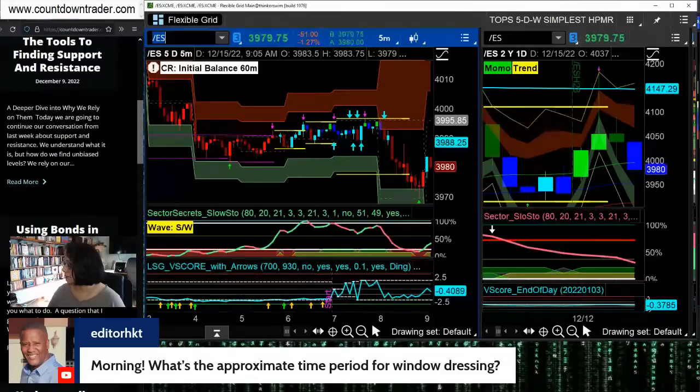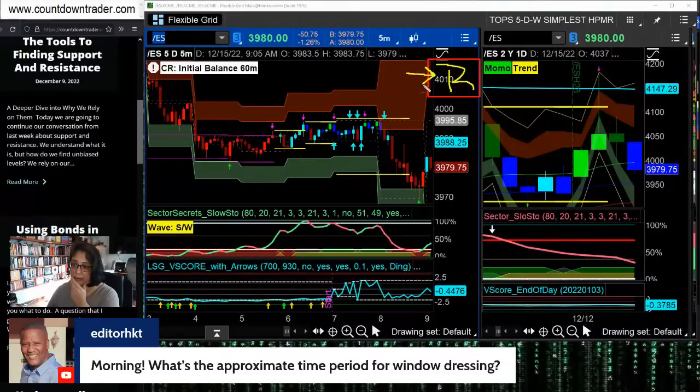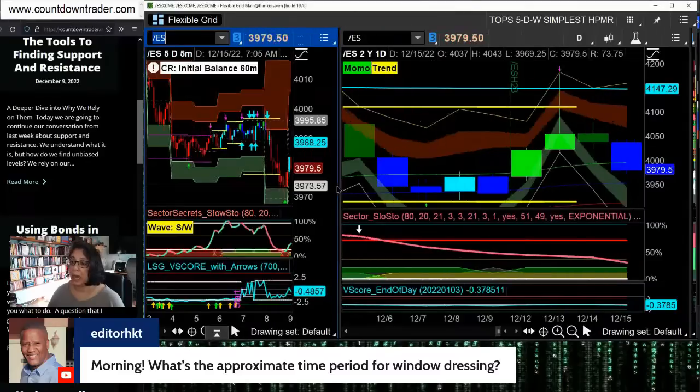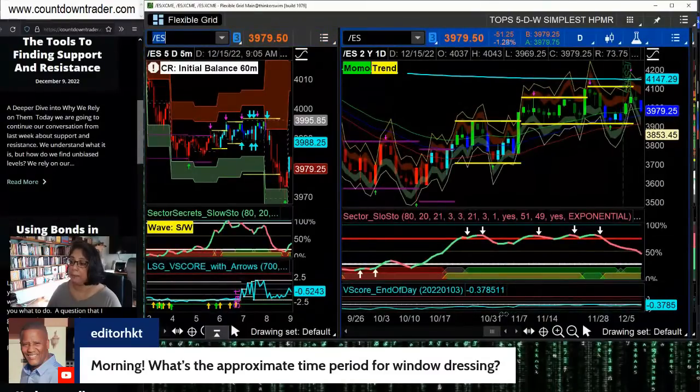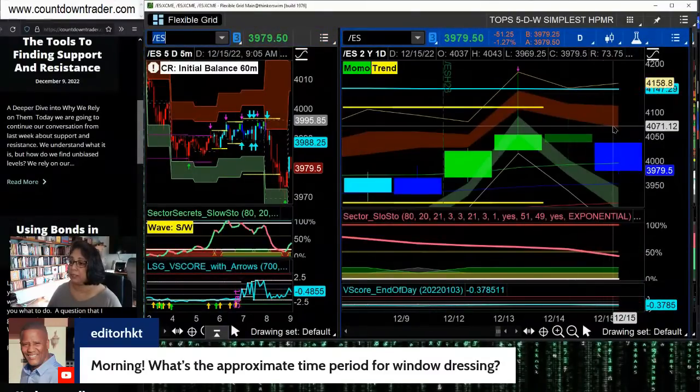I'll look at the price movement ranges as soon as I bring my drawing tools up. There we go. I'll look at my HPMR up in here, and that would be another zone of resistance up in that area. So that would be all intraday. As far as end of day goes, I can still short the ES. This is true. I might do so in the upper end of the daily price movement range.